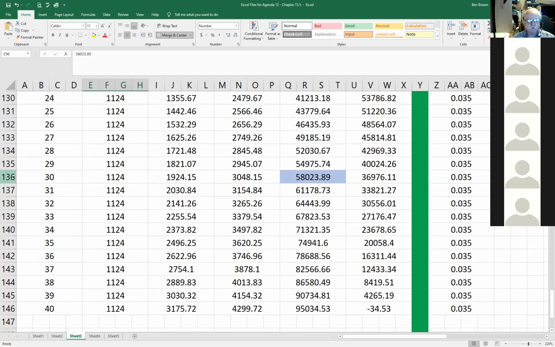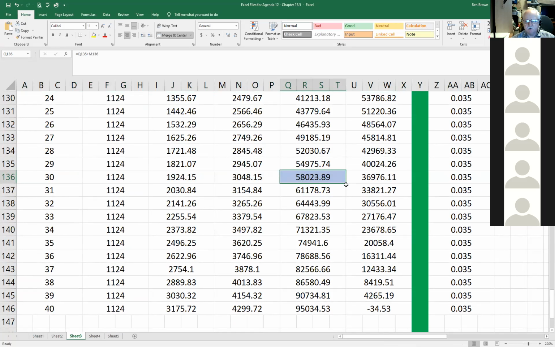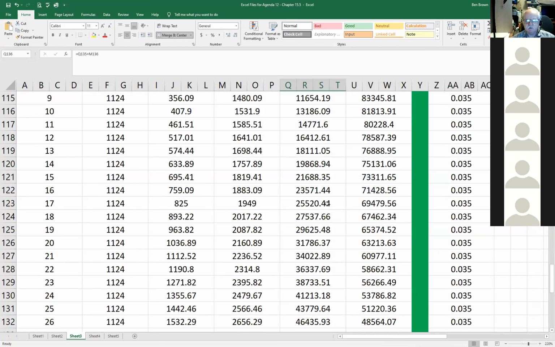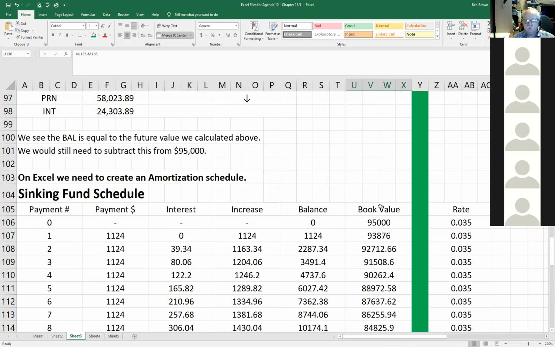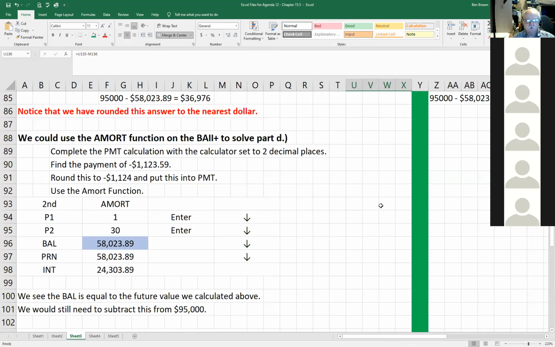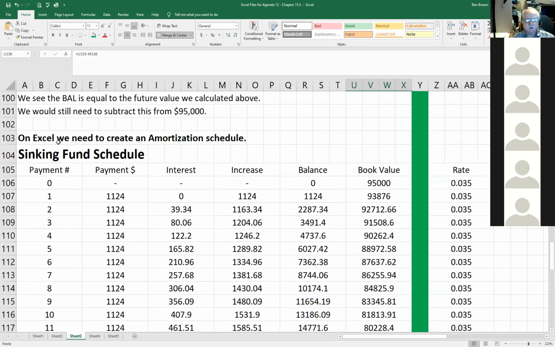Because if we go to the 30th payment, we can see the exact number we're looking for in the balance column. We can also see the 36,976 in the book value column. So here, where we had to calculate the 36,976, when you're creating a sinking fund,